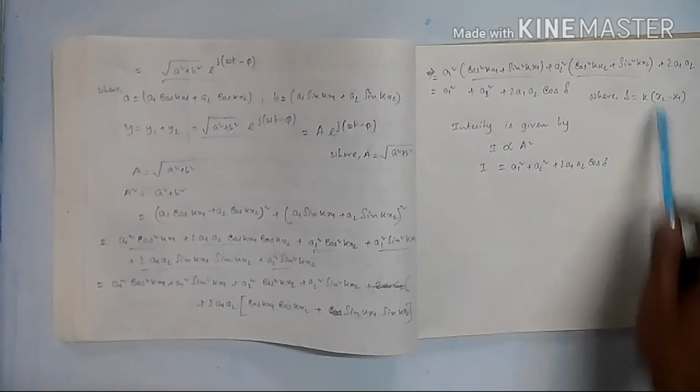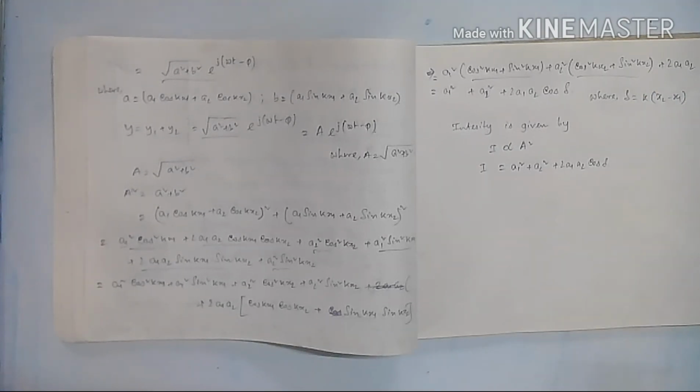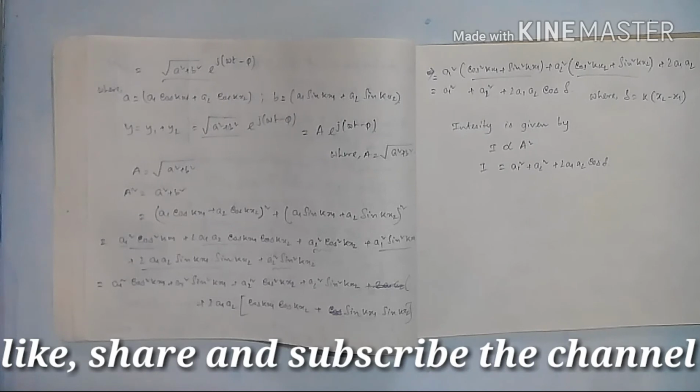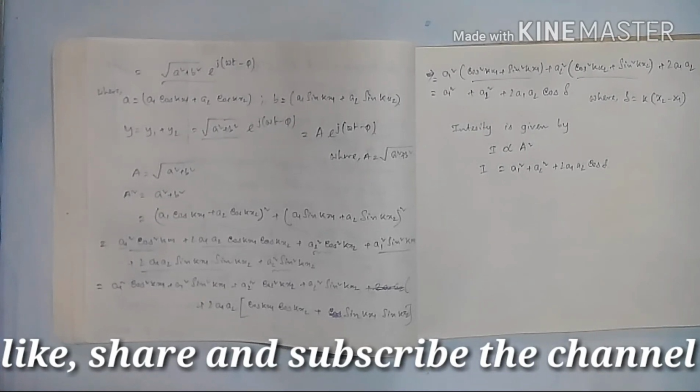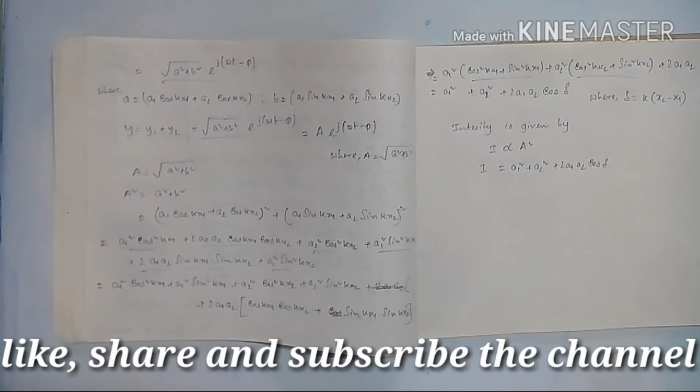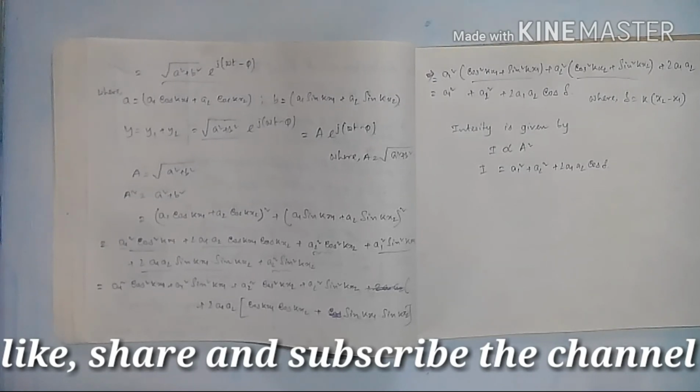What is x2 minus x1? x2 minus x1 is the path difference of the two waves. Okay, so from this we can